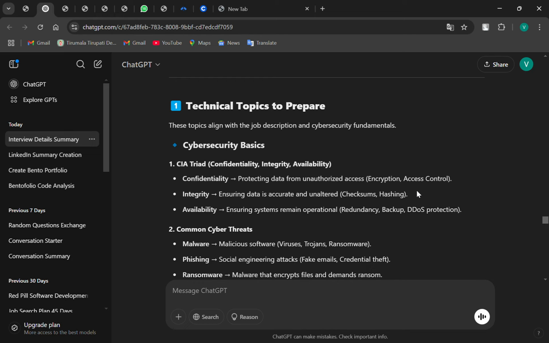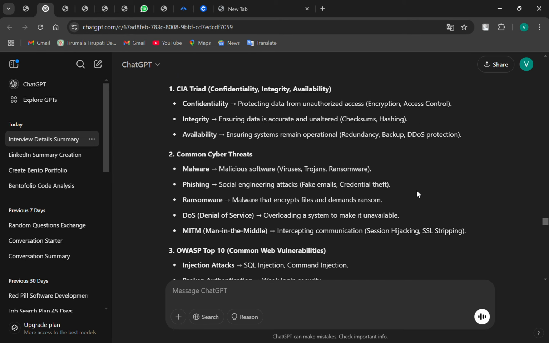Common cyber threats. Malware, phishing, ransomware, DoS, MITM, man in the middle attack. Malware is malicious software like virus, Trojan, ransomware. Phishing is a social engineering attack like fake mails and credential theft.